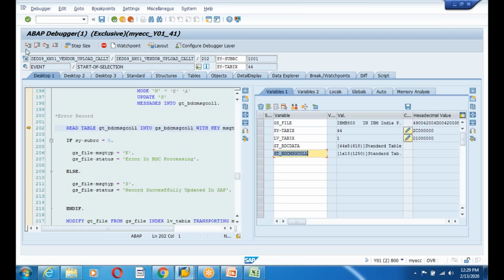So I'm reading the table, F5. See, sy-subrc 0 means there is a record for the error, which means it's an error record. Go here, and update the message type as error and status as error in BDC recording. But you have changed only the data in the work area. The same should be